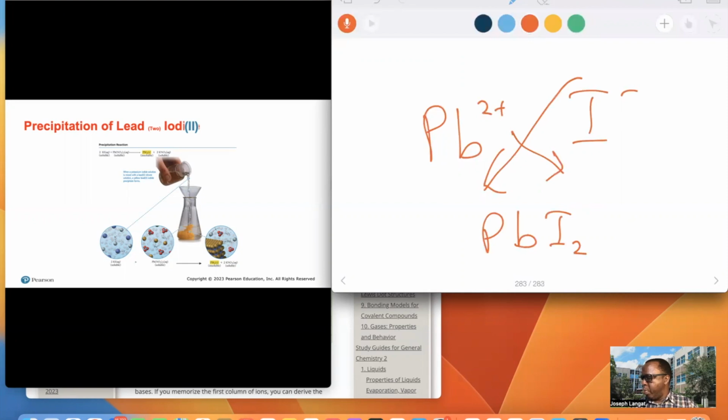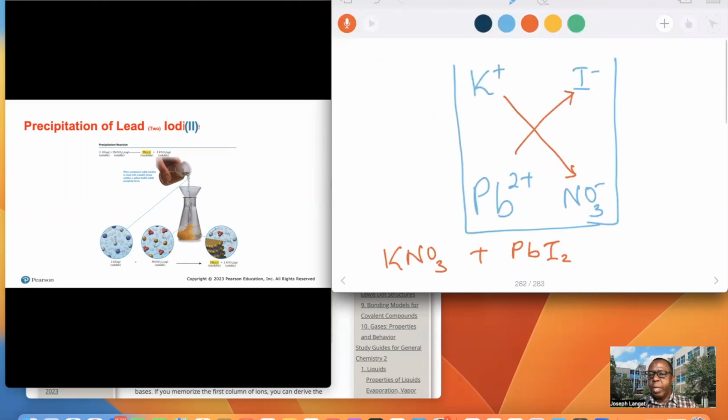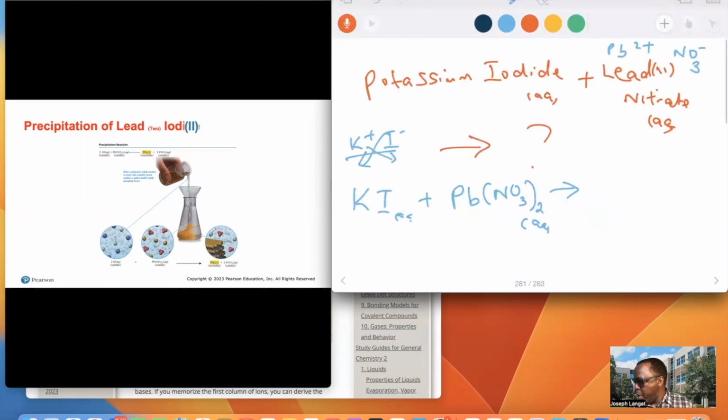A common mistake students make is just saying that this will form this, forgetting that you need to use the crossover rule. This is wrong. You can't do that when you write the correct formulas for the reagents. The question is, how do you know? Let's say here, we know now it is PbI2 plus